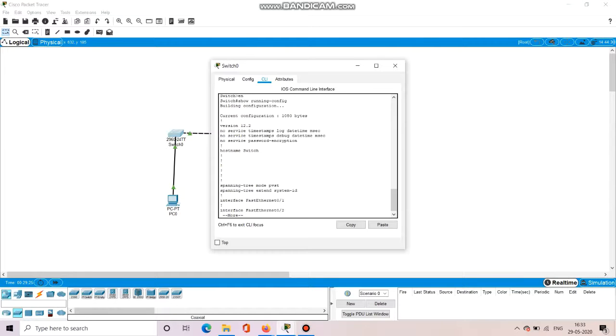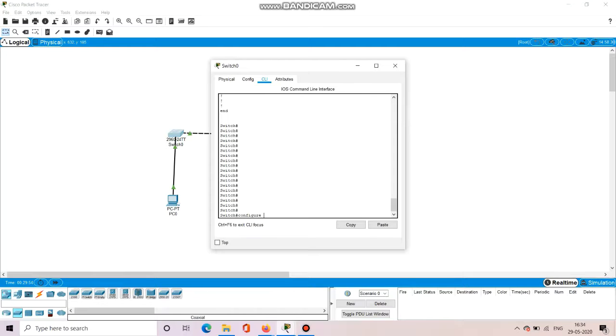Okay, so to enter from the user mode to the global configuration mode, the command is enable. You can write it in short as en as well. Now you can see the greater than sign is changed to the hash sign. So the hash is showing that now you are in the privileged mode. Now first we have to verify the default switch configuration.